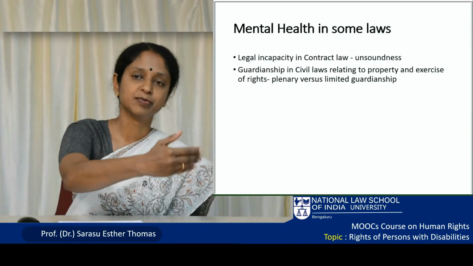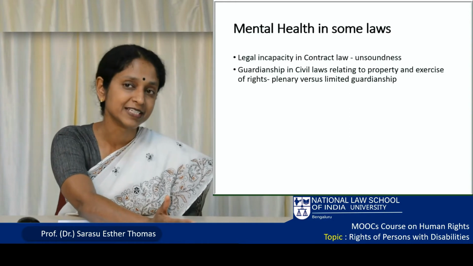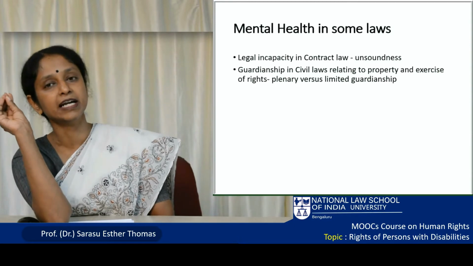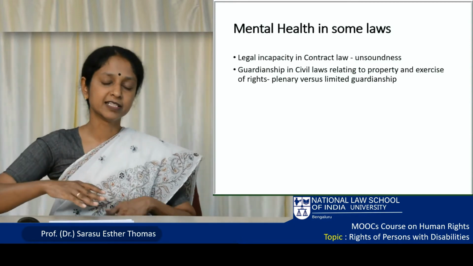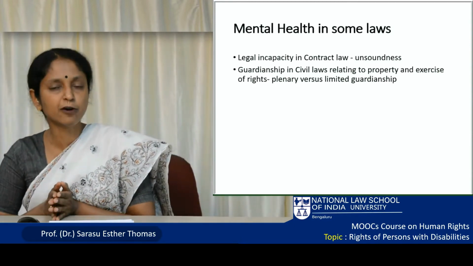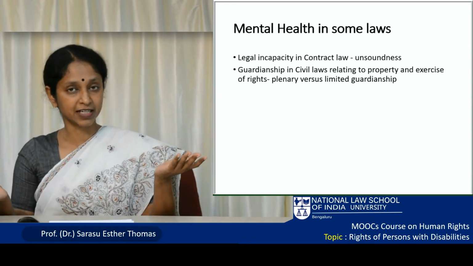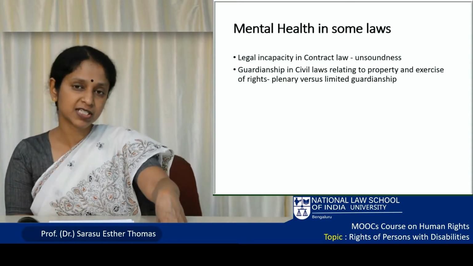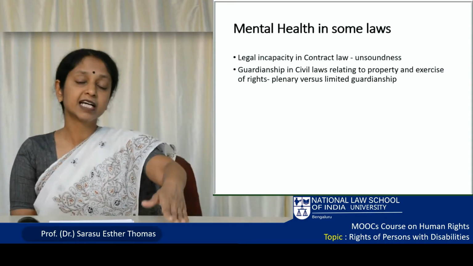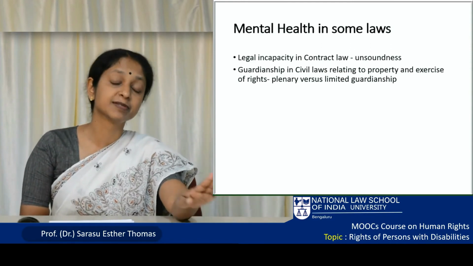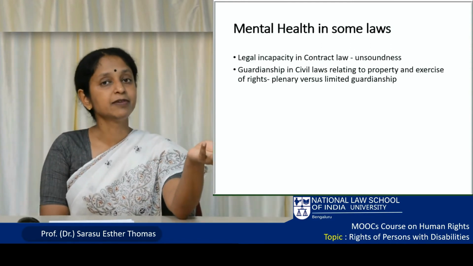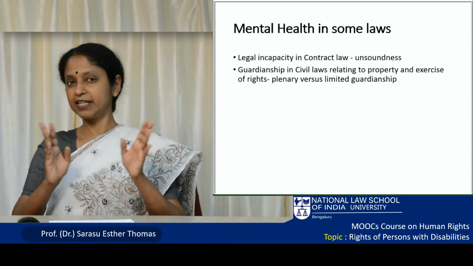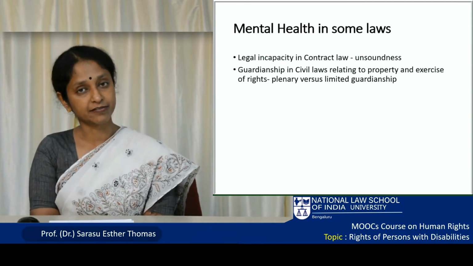The model now, which has been proposed by disability rights activists and which is there in the convention, is a different model altogether. It's called limited guardianship, which means that the role of the guardian or the power of the guardian is limited. It is not complete as that of a plenary guardian. So the limited guardian only has the right to take decisions on behalf of the person, considering not just the person's best interest, but also the person's autonomy, and consulting with the person as far as possible on what decisions must be taken. To give a very clear example, to go back to the reproductive rights that we discussed earlier,